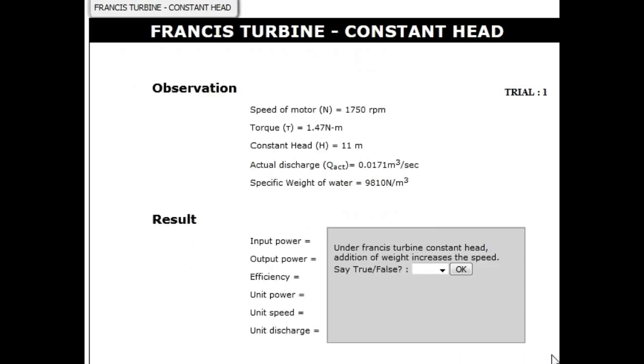The next option is, with the values we have got right now, we have to substitute and get the performance parameters: power, efficiency and discharge. Mainly these three are the performance parameters for usually any turbo machineries or hydraulic machines. Power is input power and output power, so that you get the overall efficiency. Then unit power, unit speed and unit discharge are non-dimensional terms used to compare the prototype and the model.